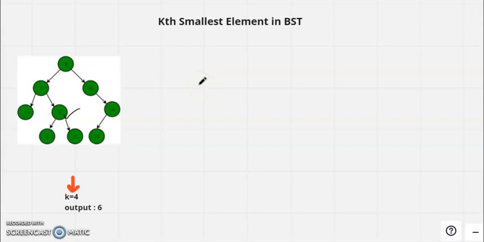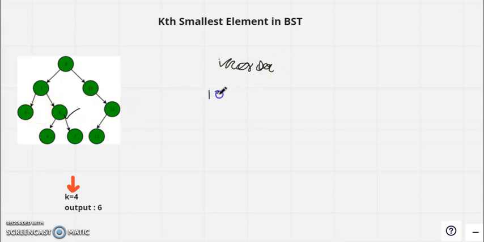So what will be the brute force approach? The brute force approach, you will be thinking, is in-order traversal. What in-order gives is the sorted array, and then you will be storing it in the array. Let me write it. You will be doing an in-order traversal. Apologies for my handwriting. It will give you a sorted array, which will be